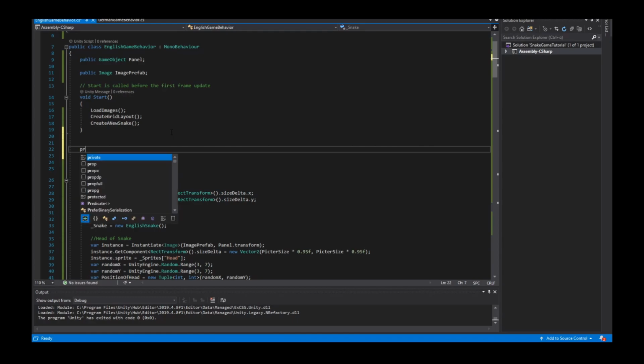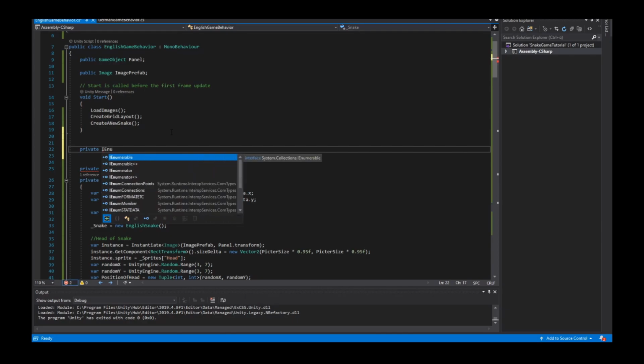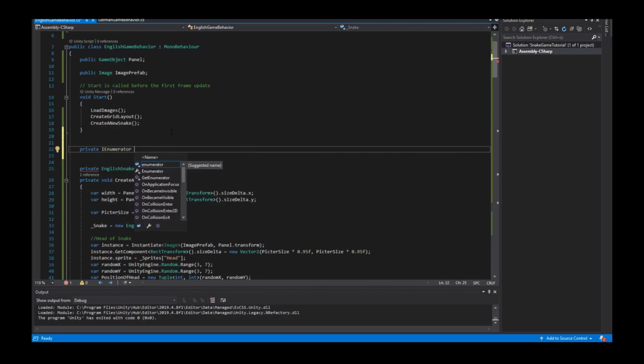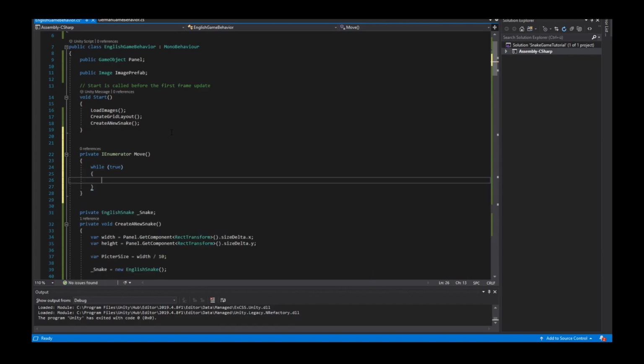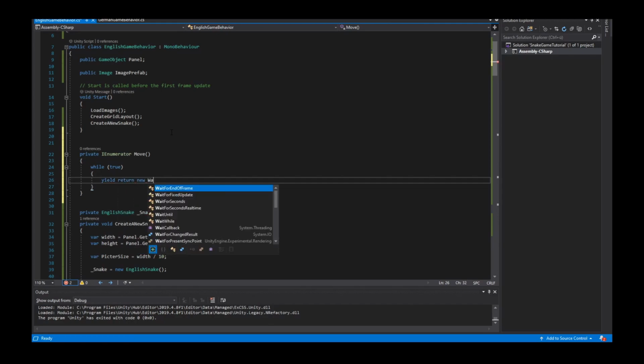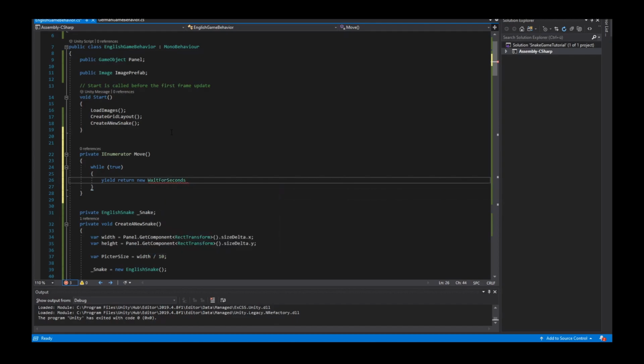And for that, I create a method which returns me an IEnumerator interface, and I call the method Move. And inside this method, I use a while loop, which is always running when I start the method. And then I want to wait a second, so I use the yield statement, return new WaitForSeconds method,